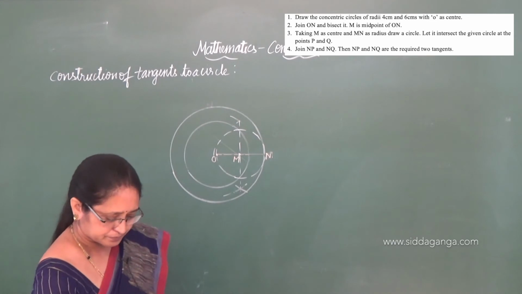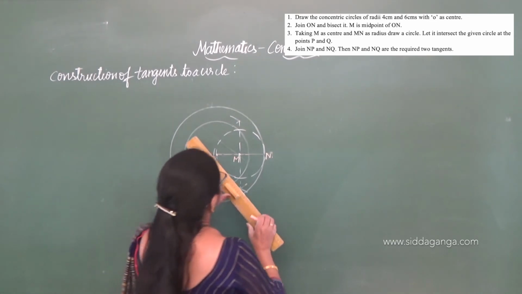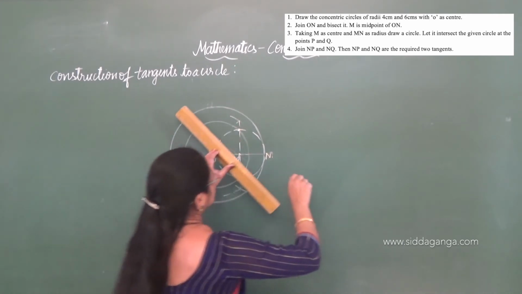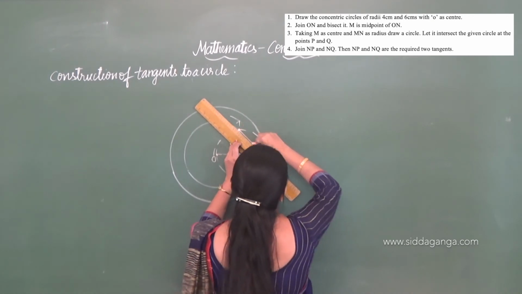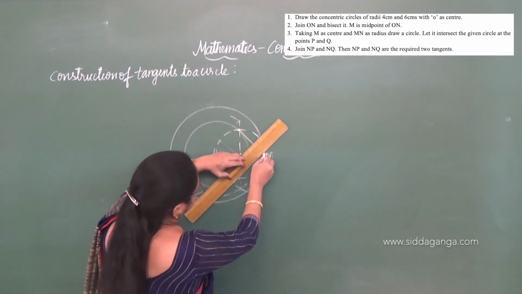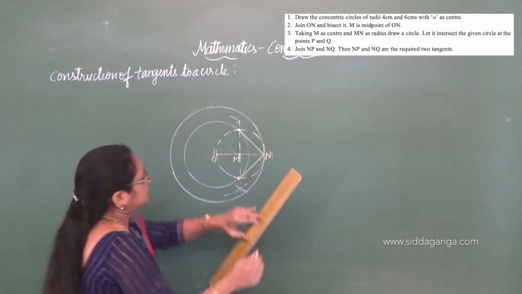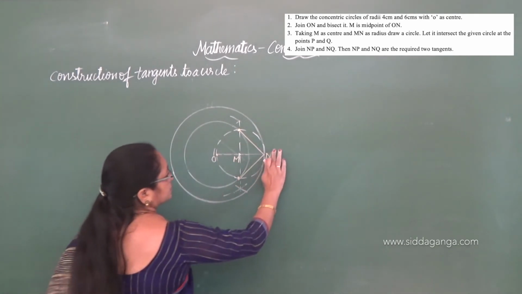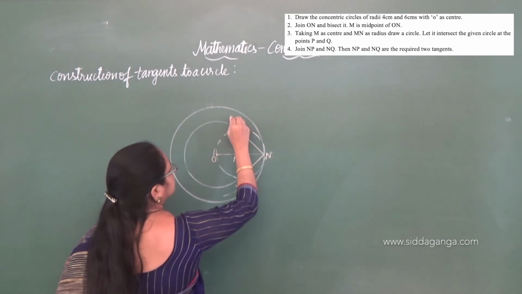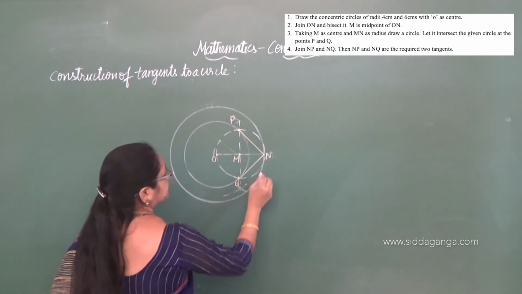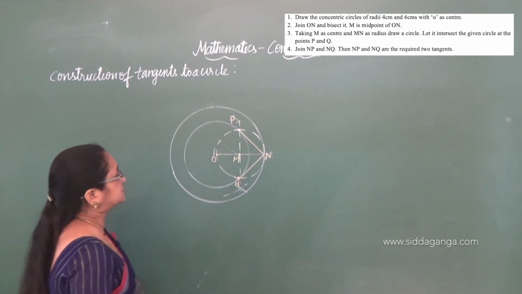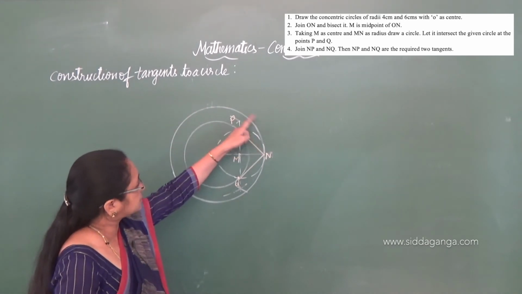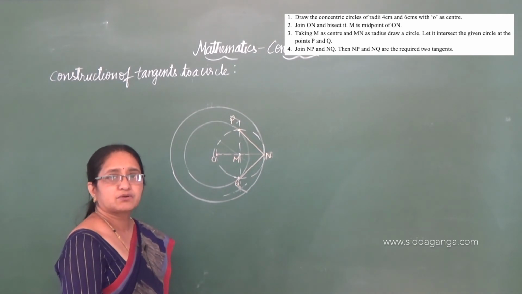Okay, now can you see the 2 points here, it has cut the inner circle. So, from there we can join. I think it is very small, but I hope you can see this. Okay, now P and Q. NP and NQ are the two tangents which are drawn to the circle of radius 4 centimeter from the circle which is 6 centimeter.